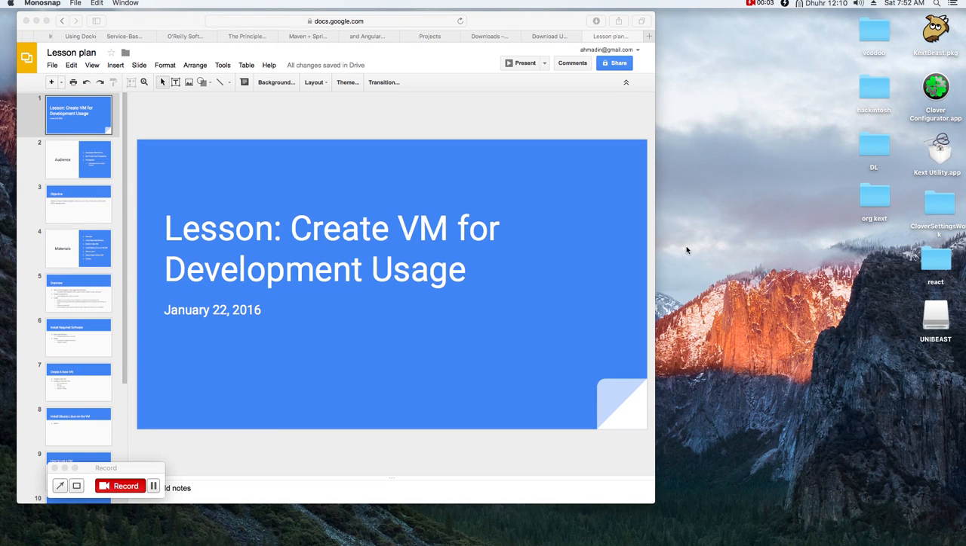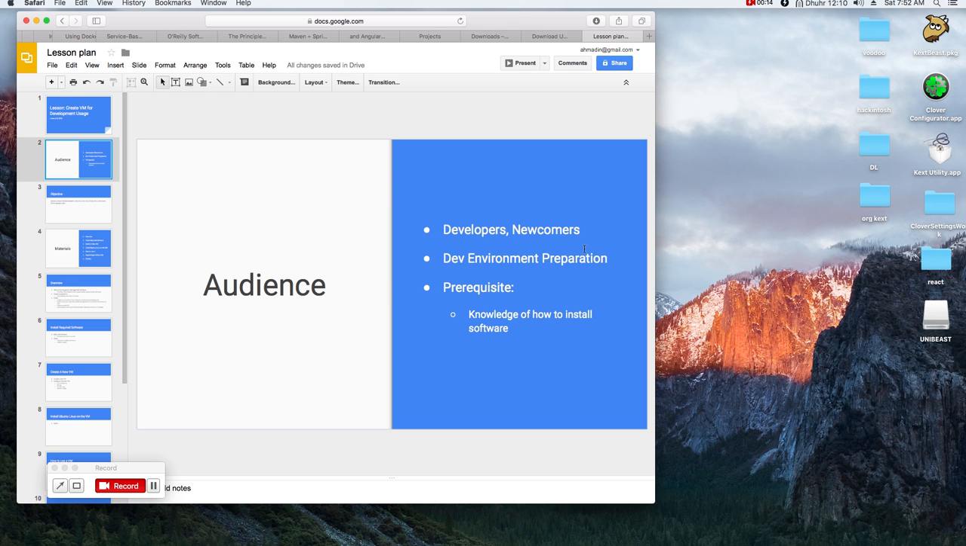Today we're gonna talk about how to create a virtual machine for development usage. My target audience for this recording is developers or newcomers in development, and we're gonna cover development environment preparation for exploring new software. And there's a prerequisite for this, which is that